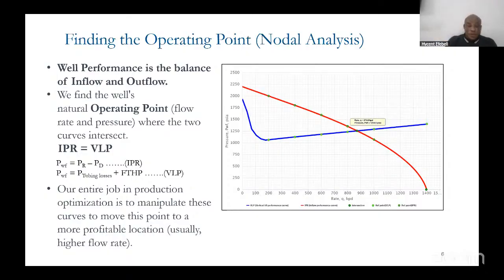That is the outflow. So where those two curves meet, the IPR becomes equal to the VLP. So at that point, the flowing bottom hole pressure from the reservoir up to that point and from that point to the surface will be equal. And the inflow in terms of PWF will be reservoir pressure minus the pressure drop from reservoir up to that point. Then the vertical lift performance will be the PWF at that point also will now be the